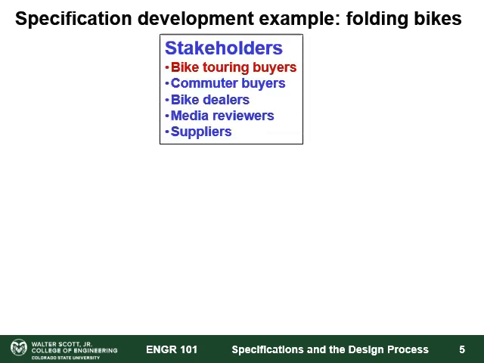So in my case, the stakeholders fall into 5 main categories, of which one, which I've marked in red here, is the most important. Those stakeholders include people who go bike touring and want to fly with their bikes. It can include commuter cyclists. So these are people who would use a bike and then put it on the train or on a bus or something like that, or in the car. It includes bike dealers who would sell these products, media reviewers who create interest in those products, and suppliers who